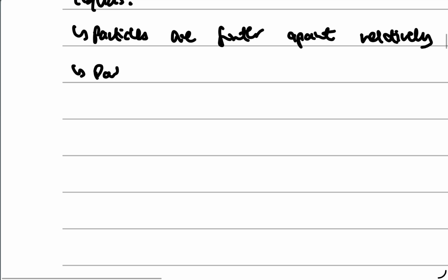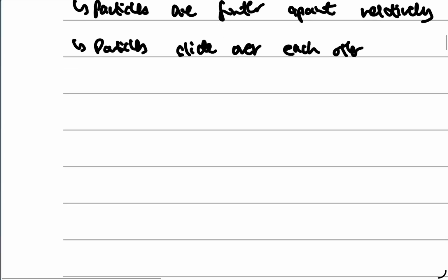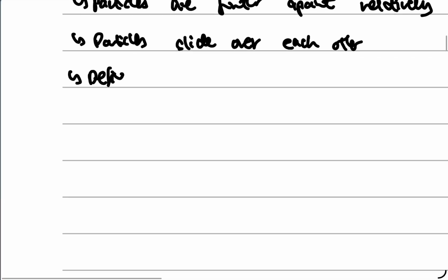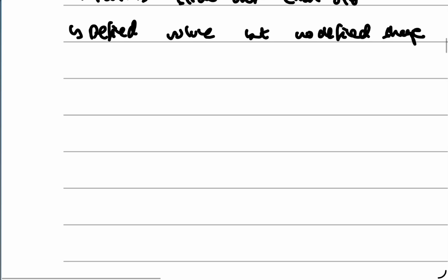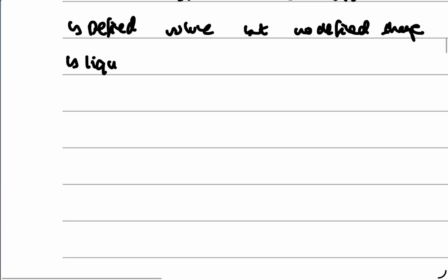We say particles slide over each other, and we say defined volume but no defined shape. Another thing that can be mentioned is that liquids take the shape of the container